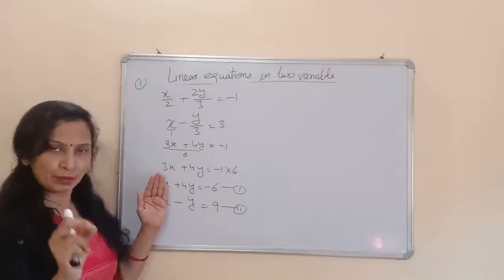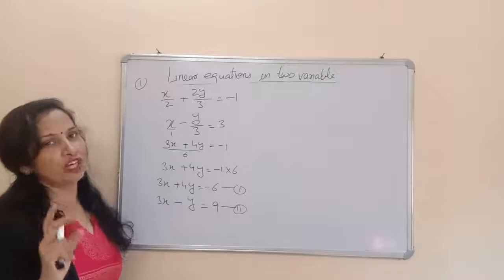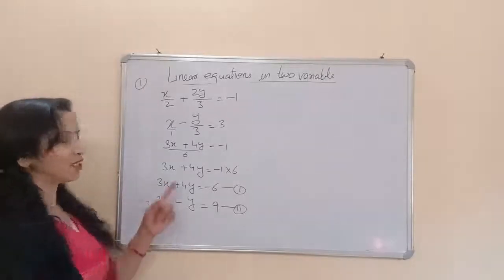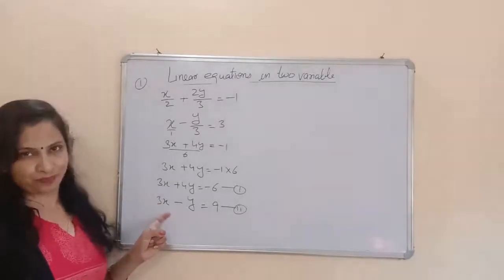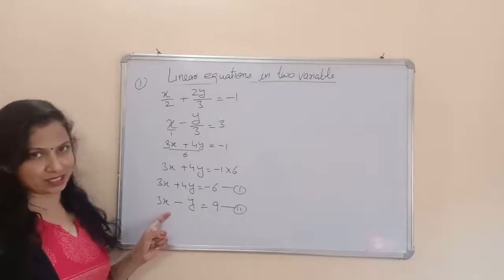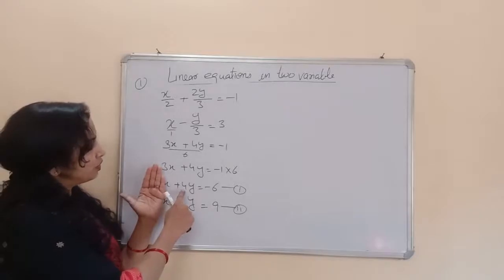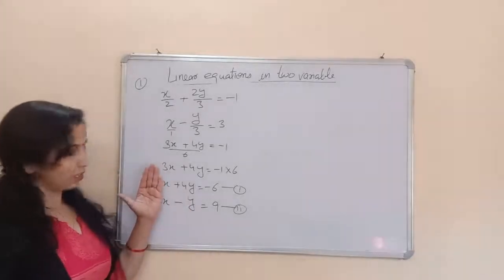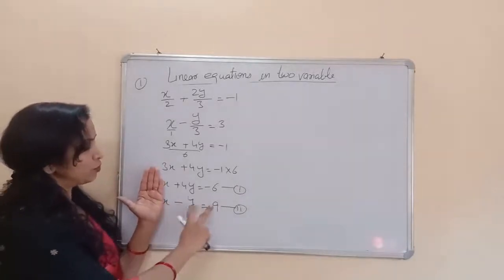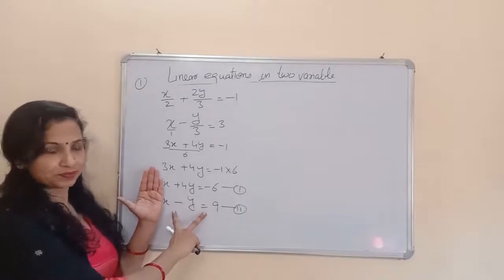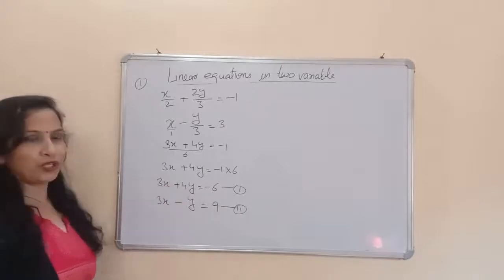So in the elimination method, first we have to make the coefficient of one of the variables equal, either of x or of y. Since in this particular equation the coefficients of x are the same, we need not do anything with it. Otherwise, if you want to make the coefficients of y the same, then what should we do? We should multiply the whole second equation by 4. Here, since the x coefficients are equal, we are not doing anything.